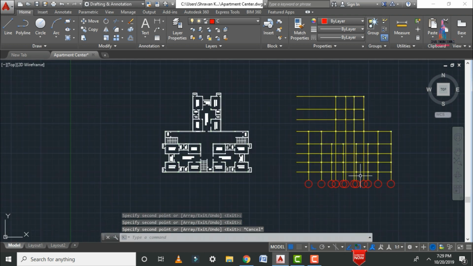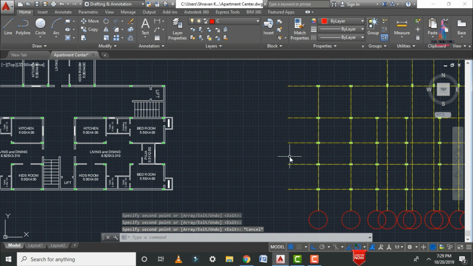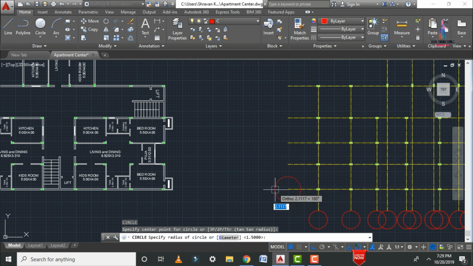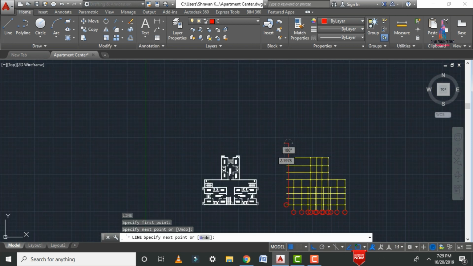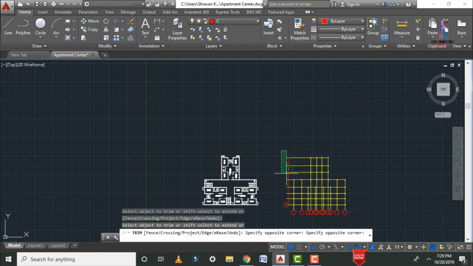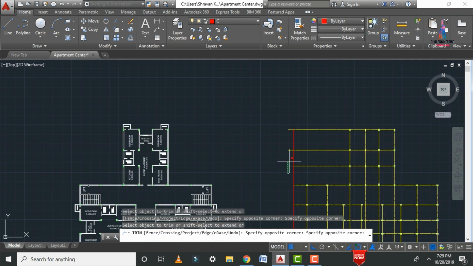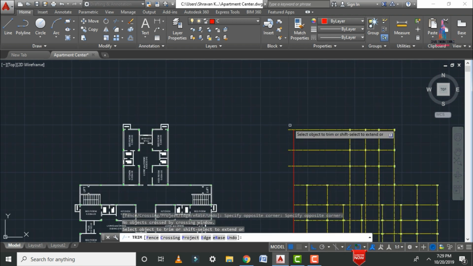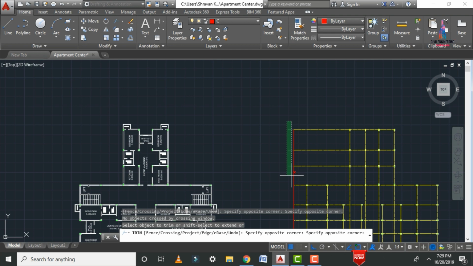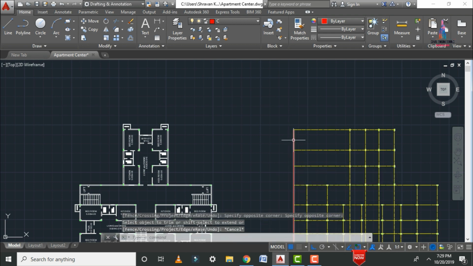Again in the same process we need to apply the circles in the vertical section also. C, enter, select the center point. Let us take it as 1.5, click on enter. Again we have to draw the lines which are in the vertical section. Again in the same process we need to apply the trims here, TR double enter here. Again I am selecting this respective object, trimming here like this. So here I am trimming these respective 3 lines also. In the same process I am selecting the vertical reference line here, click on delete option.